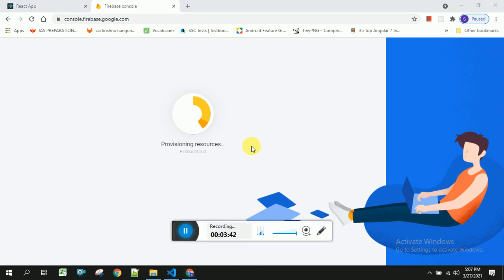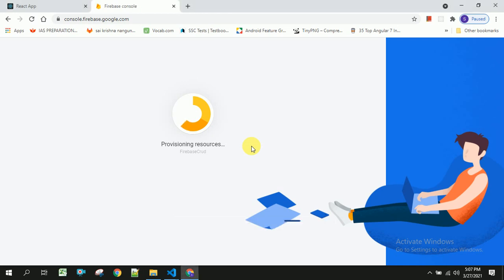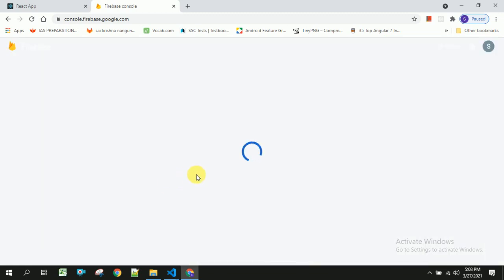In order to perform CRUD operations using Firebase, we don't need to have any API here. We are directly connecting this to our React project, and we are able to do the CRUD operations here. So you can click on continue, and it will navigate to the project we have created.